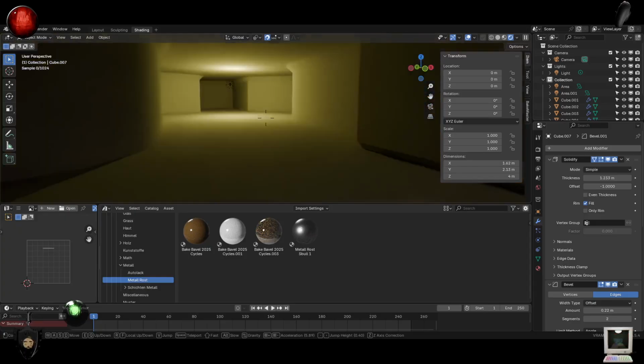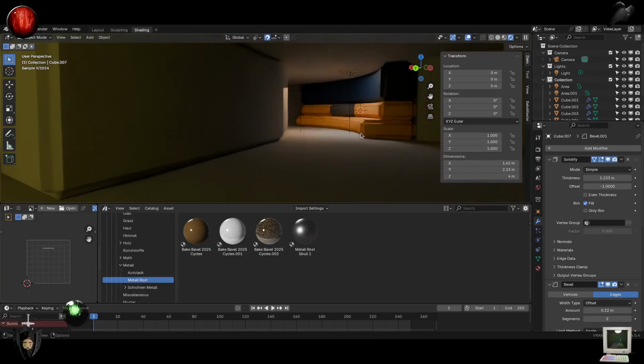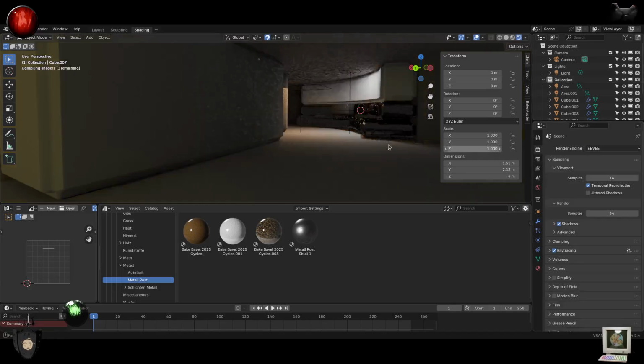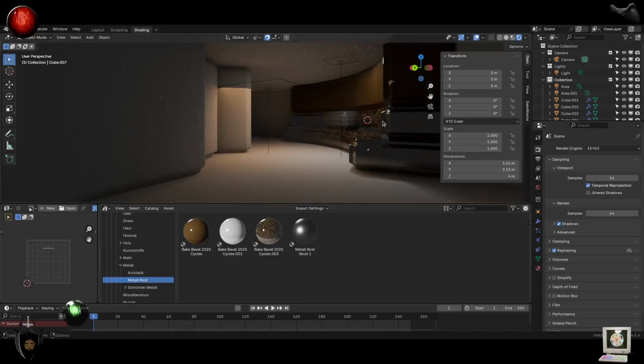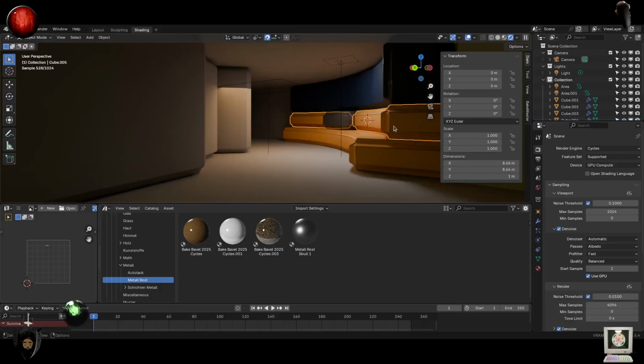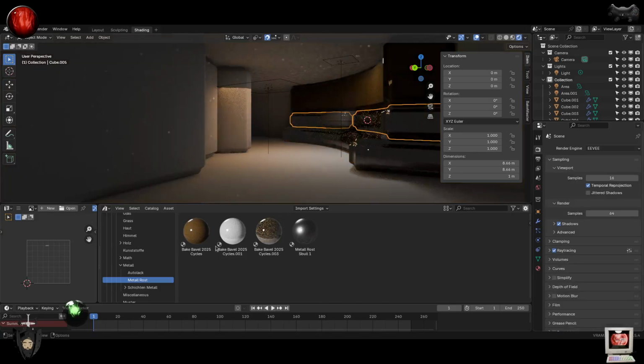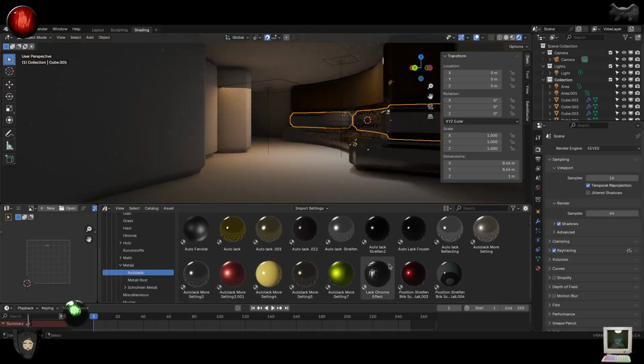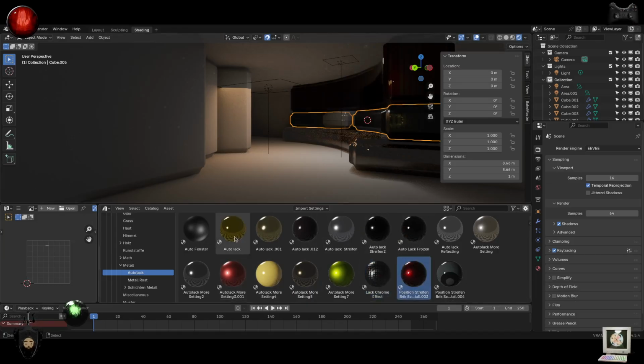Okay, our corners are already more interesting. Looks cooler in here, right? This is, but it also has to do with this: you can achieve a similar look, but this material is just not made for this. It's made for the other engine. I have different metal stuff here, but none of those things are so impressive, I think. Although we can use the other one I just created with the